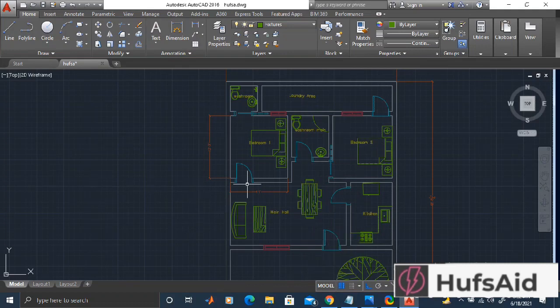Either the owner directly involves the design engineer, or he hires an architect and he then hires the relevant engineers. Like an architect would make a design and would hire the structural engineers, there are civil engineers, and then mechanical engineers for plumbing, and then electrical engineers for power and lighting design. So in such cases, when an architect hires an electrical engineer, he usually provides them with the RCP, which is